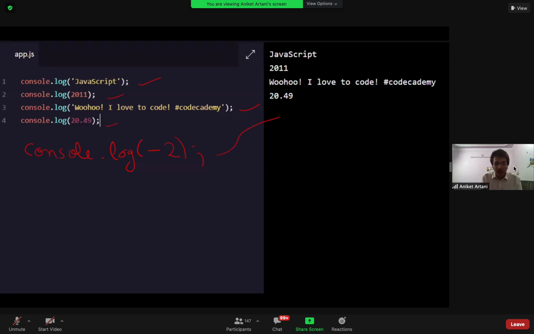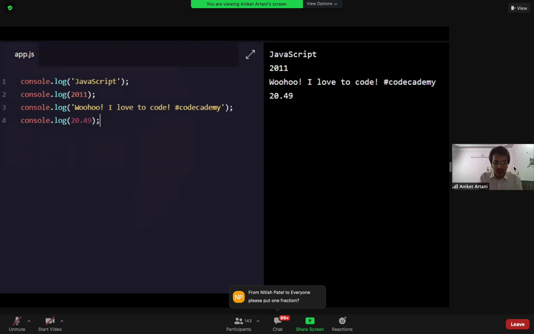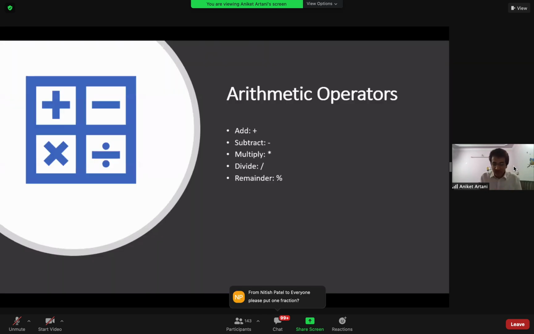What will the output be here? Okay, -2. Everyone is replying. Yeah, all are correct. You all are learning so fast. Smart boys and girls are here.